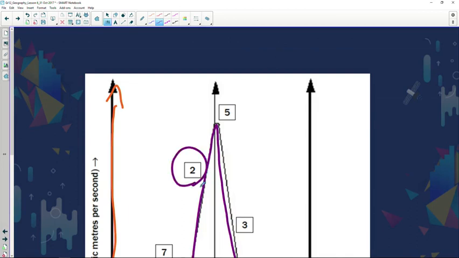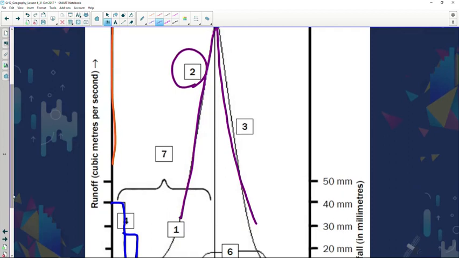As you can see, it rises. Now, if less infiltration is taking place, it means this line graph is going to be higher. If there's going to be more infiltration, it means this line graph is going to be lower. If we look at point number 3, where the line graph is decreasing once again,